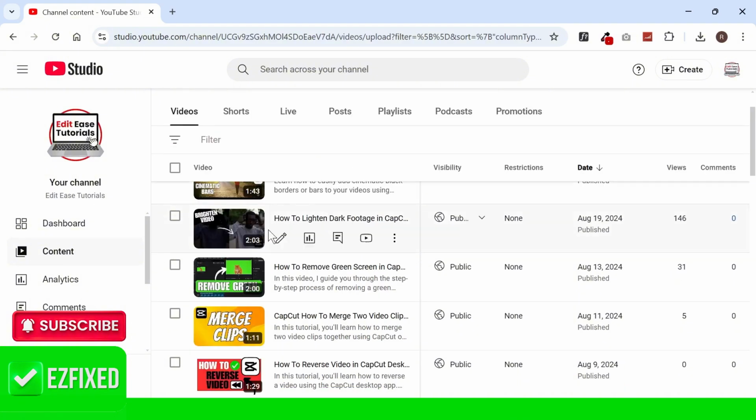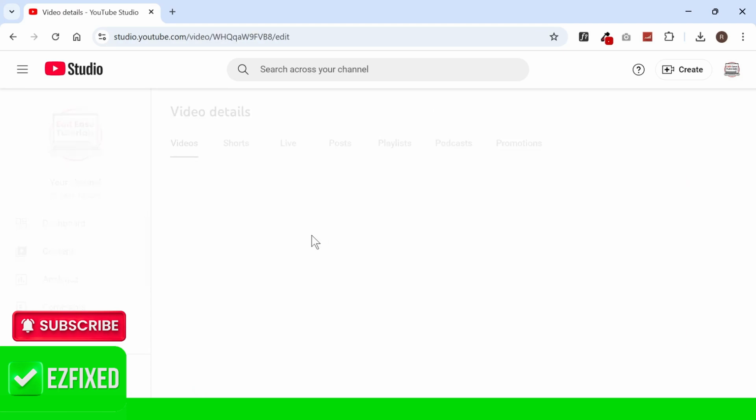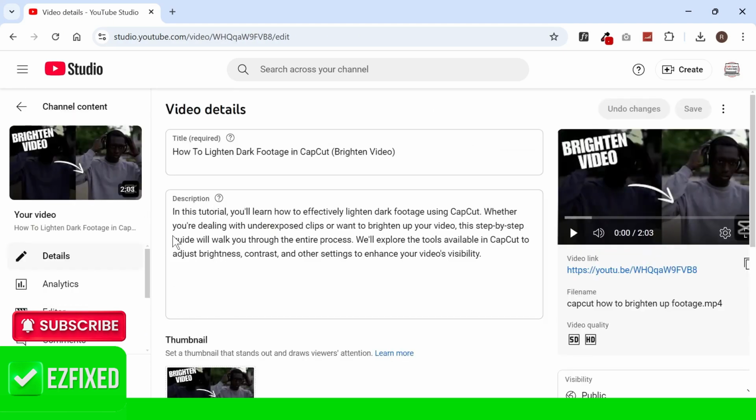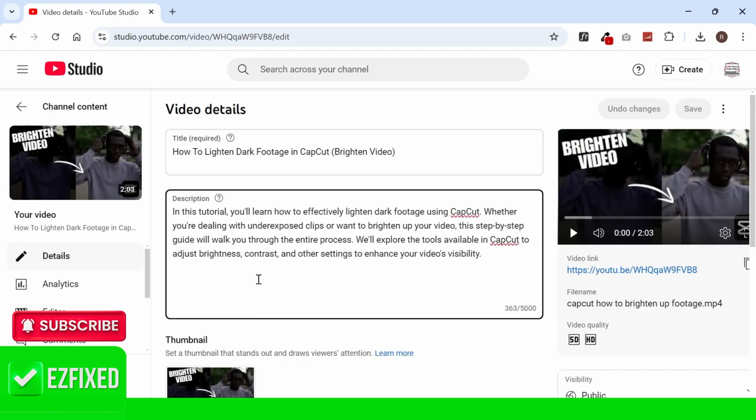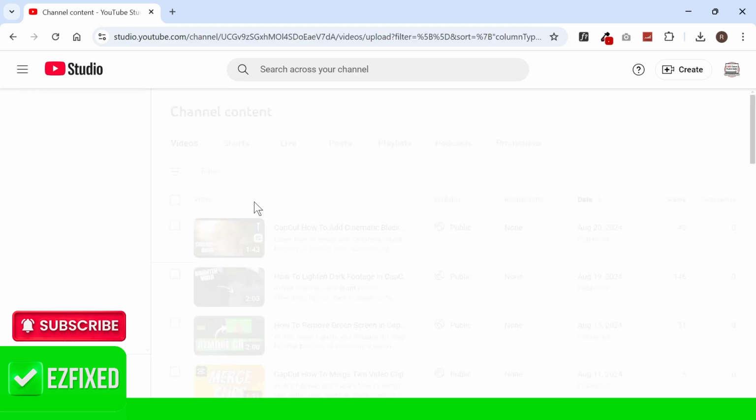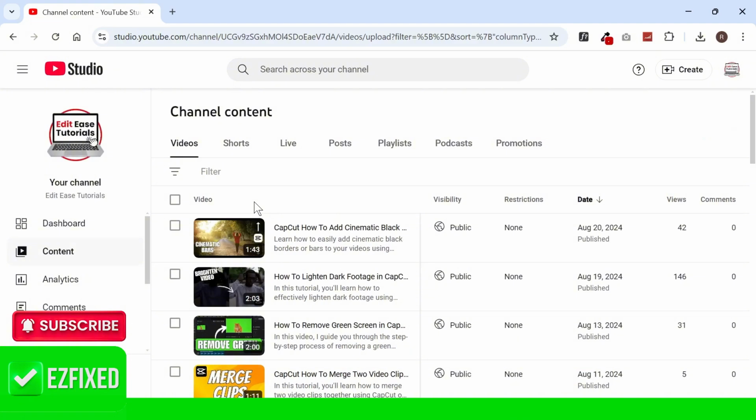So from here, you can either select the video that you want to add a social media link to just by coming over to the video and clicking on Details, and then obviously we'll have access to the video description, and then from here we can add our social media links, which I'll show you how to do in a second. However, if you want to apply this to all future uploads, so every time you upload a video, the